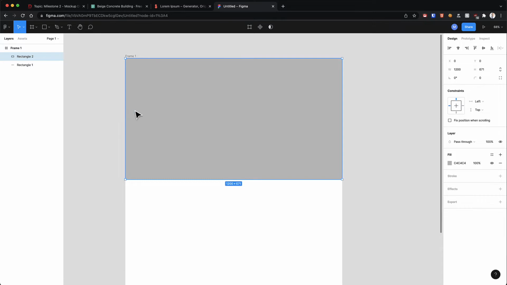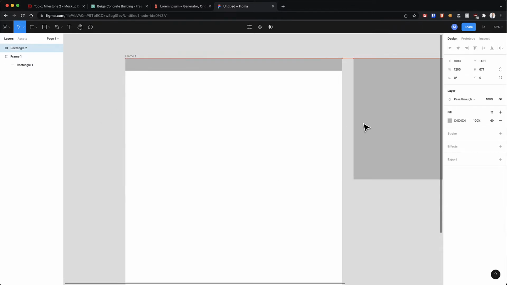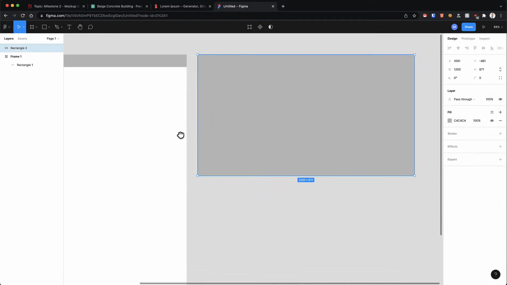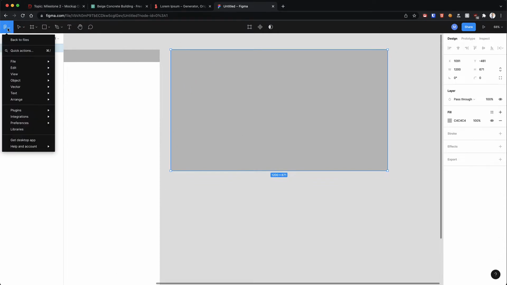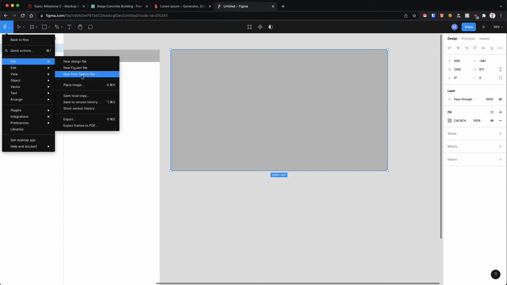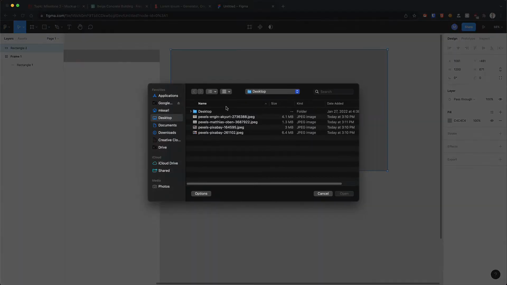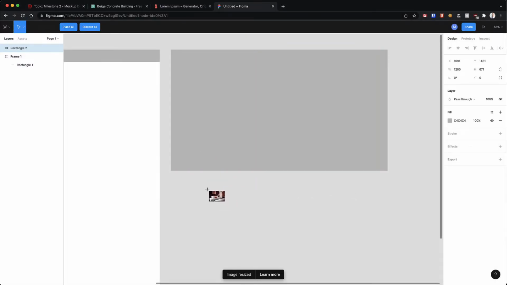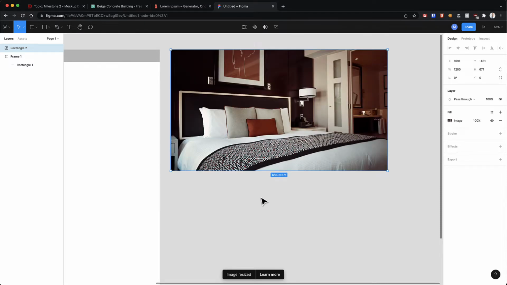Okay, and I'm going to move that off to the side for right now. We're going to work on that here in a second. Let's import one of those images we downloaded. If I go over to File and Place Image, I can grab one of those images we downloaded. I'll grab this one here, and you can see we can place it now. Okay, and I'm going to drop it on top of that rectangle, and you can see how it cut it